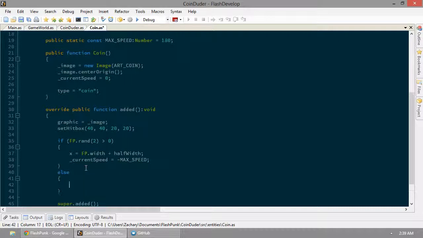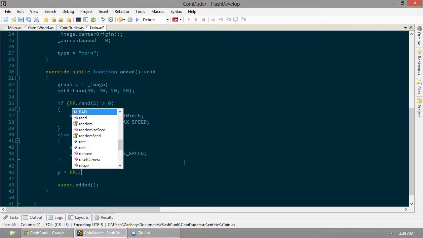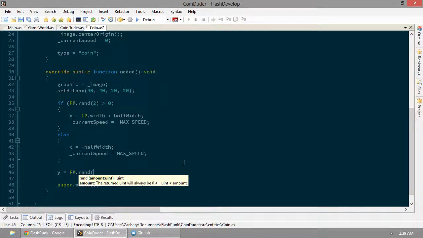Otherwise, X is going to equal negative half width, and our current speed is going to equal max speed. Now we also need to choose a random location along the y-axis. So let's say y equals fp.rand, and notice that I'm using